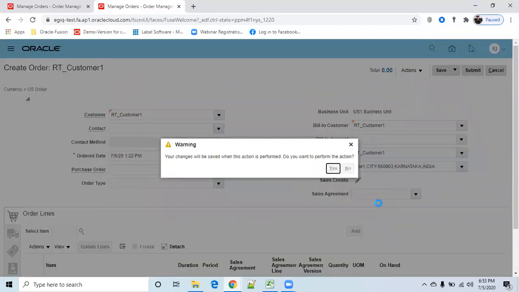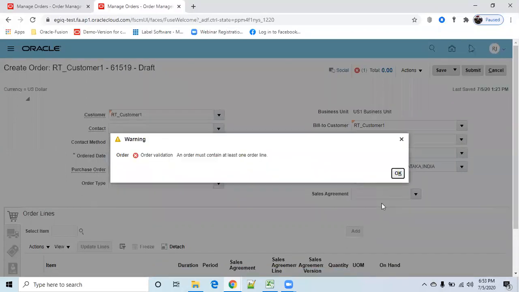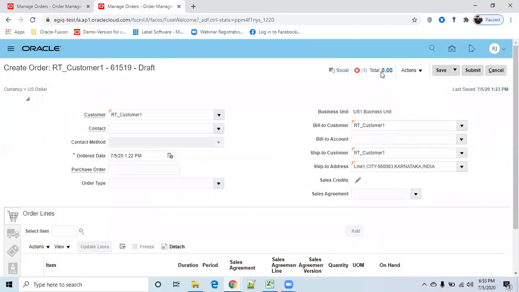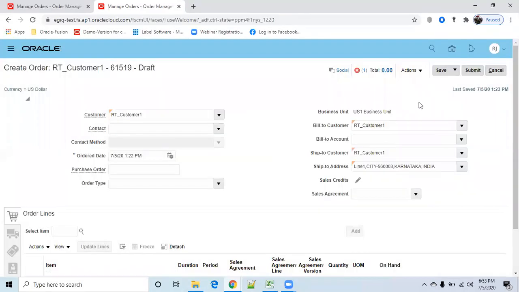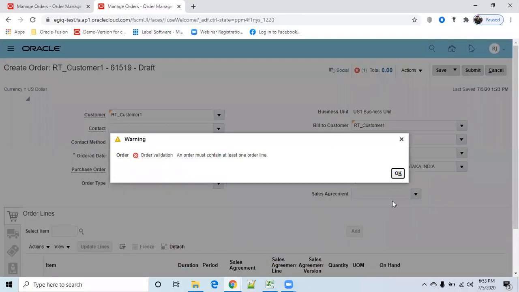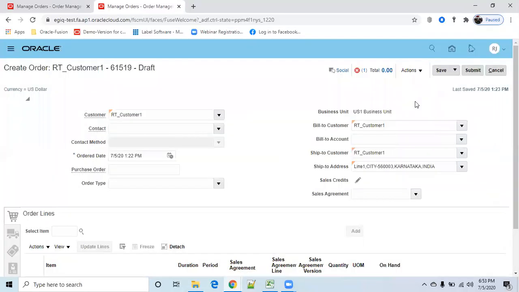We want to view. Somewhere something is missing. It is giving error that it must contain at least one order ID number.